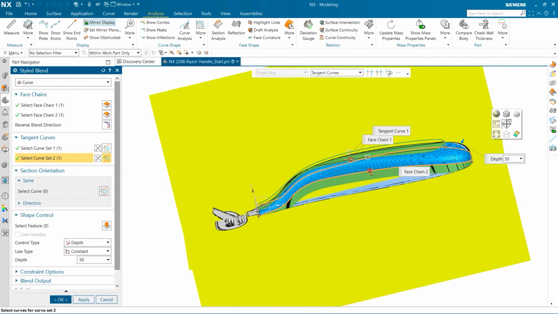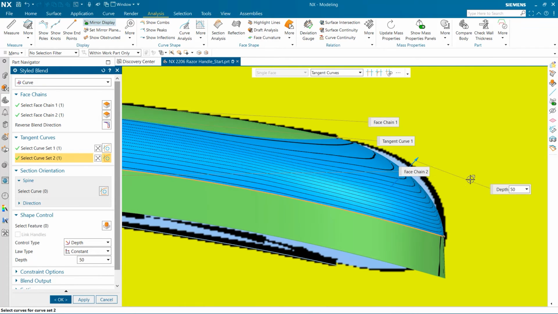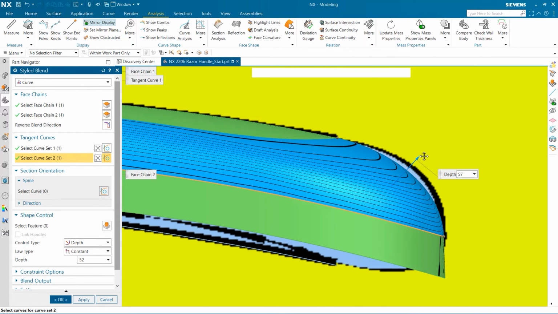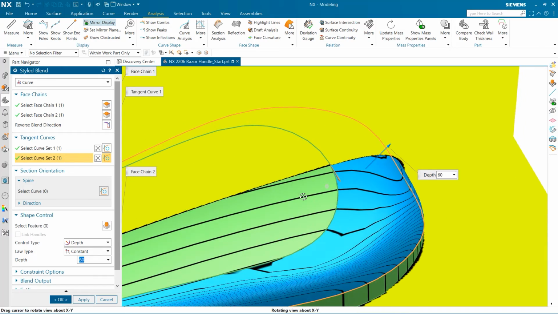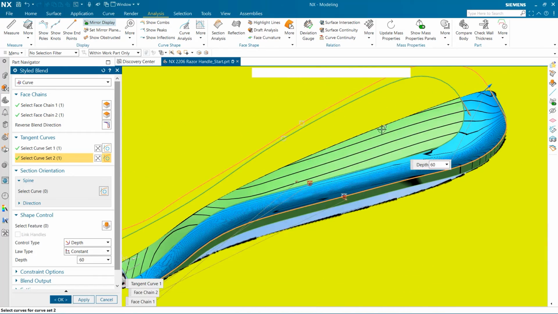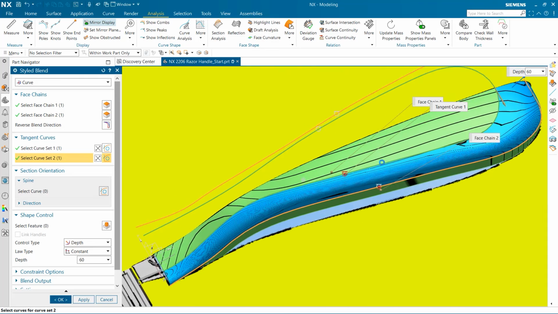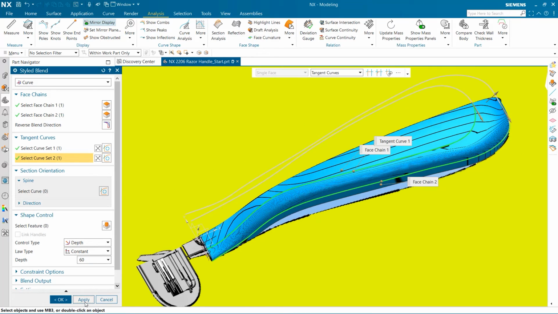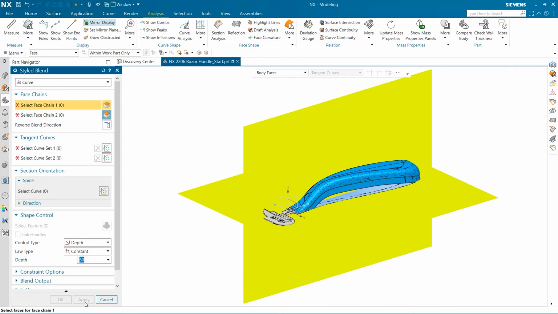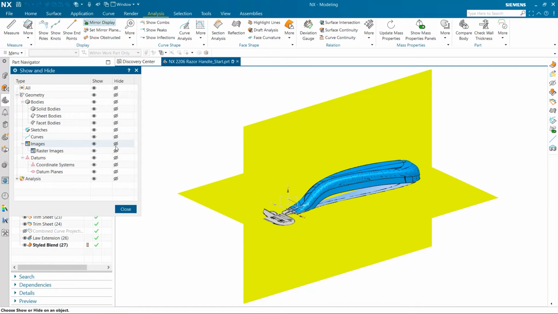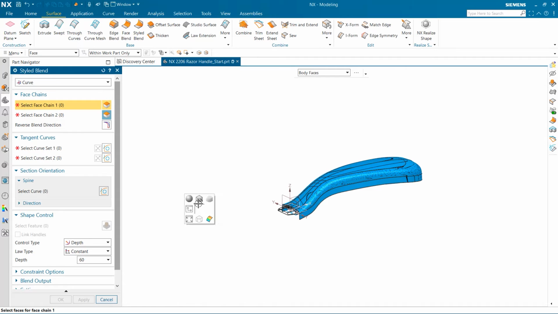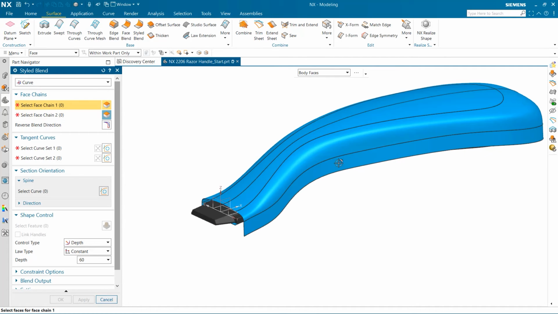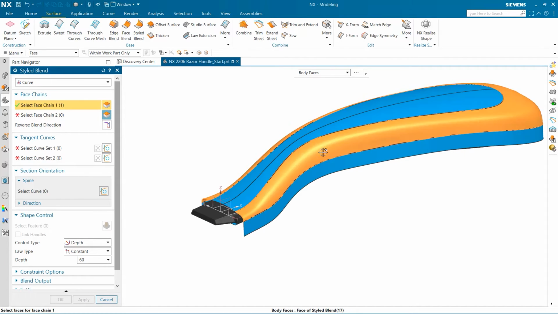The model doesn't quite match the artistic image, so I'm going to change the depth of the transition to fix this. I am now going to repeat the same process on the bottom half.